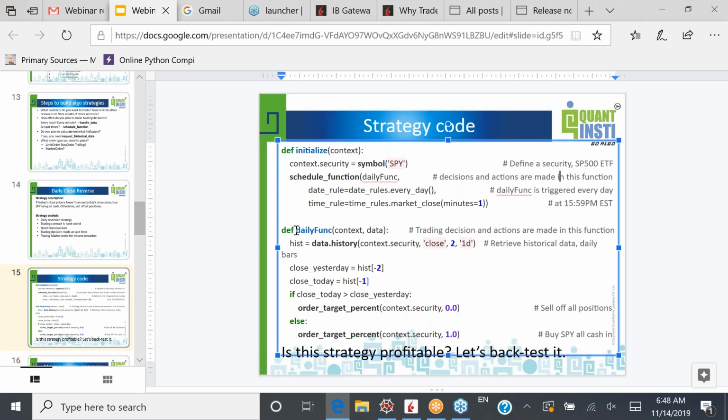So this function is defined actually here. The trading decision is like this. First, I use data.history to retrieve historical data, daily bar. I want to go back 2 days in daily bar. And then I get a hist, which is the data series at this moment. And the -2 means the close price yesterday. And hist -1, I assume this is the close price of today, because right now it's just 1 minute before